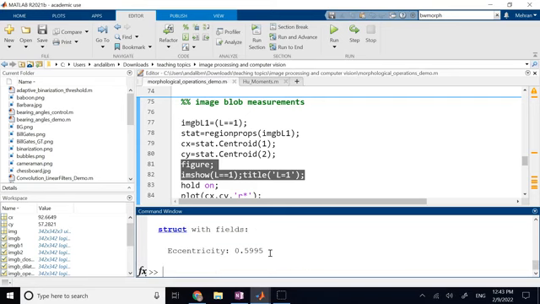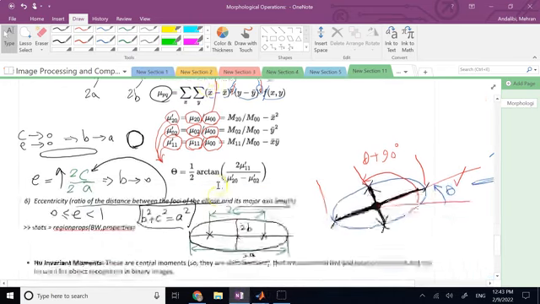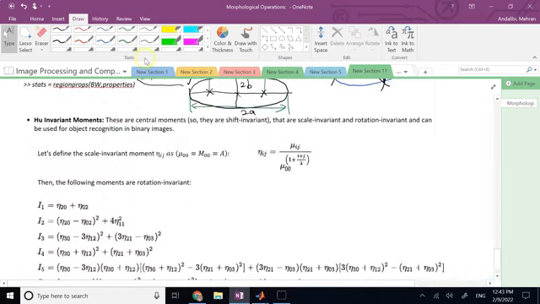You see, 0.6, which is somewhere between a very narrow ellipse and a circle. Okay, so you can measure any of those properties if you just pass it to this command. Okay, so hopefully that was clear to you. Now, the final thing